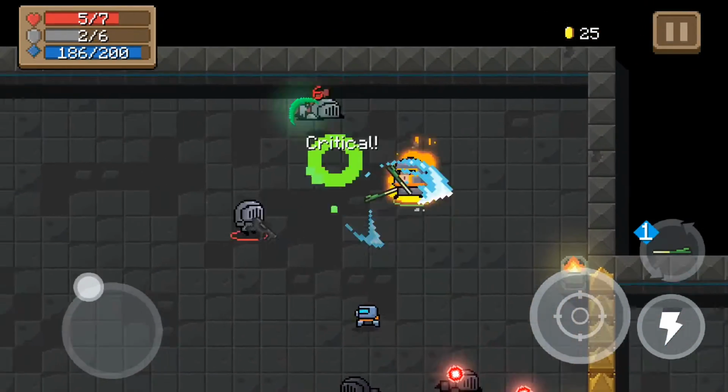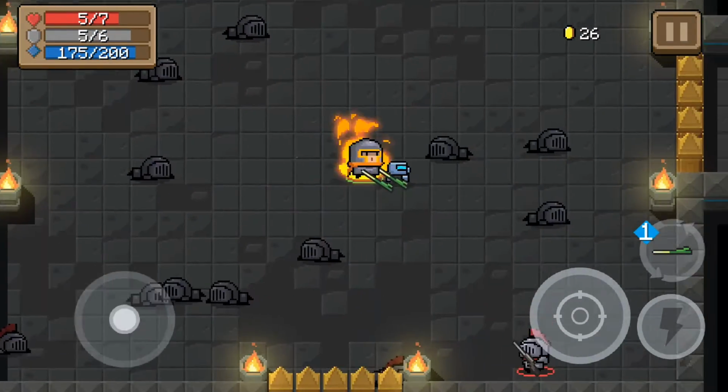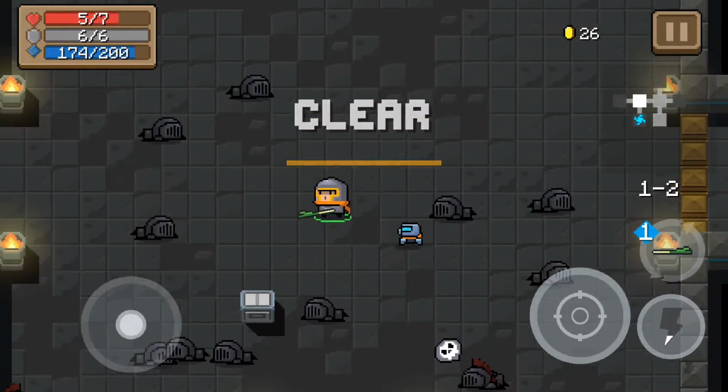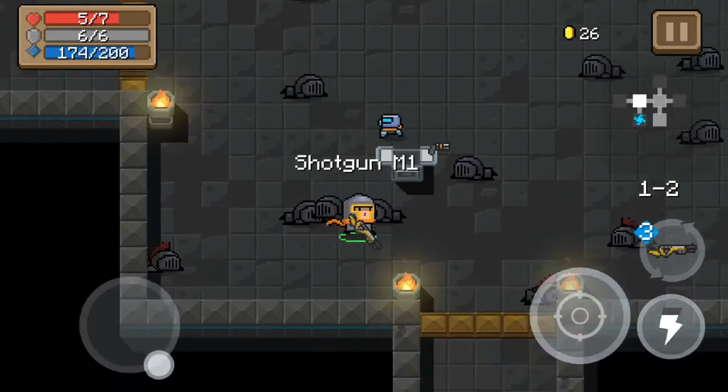Gotta take care of these guys a bit, see if we can finish them off. I did dual wield right there, and we cleared that map. And we got a shotgun MR, so let's trade that with a bad pistol, because we don't seem to be